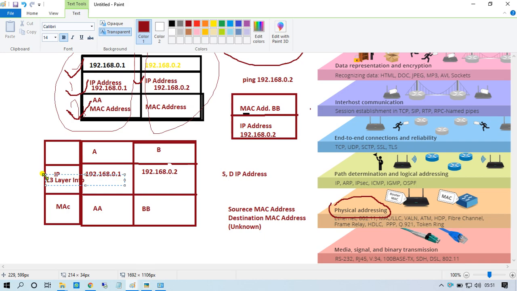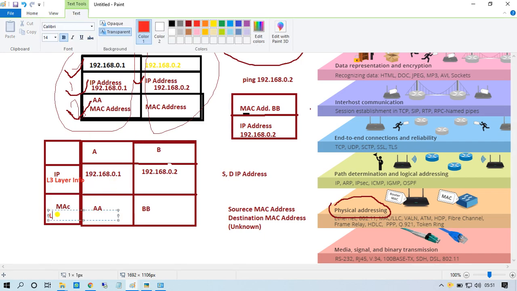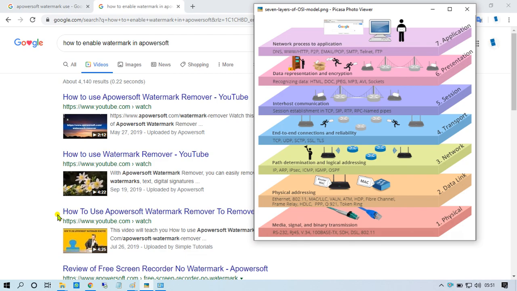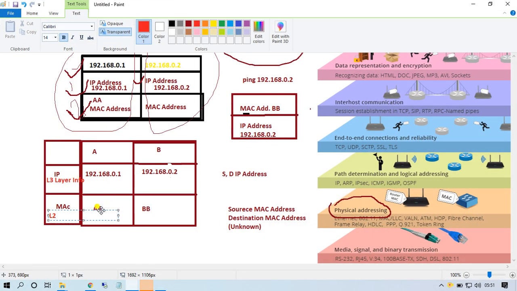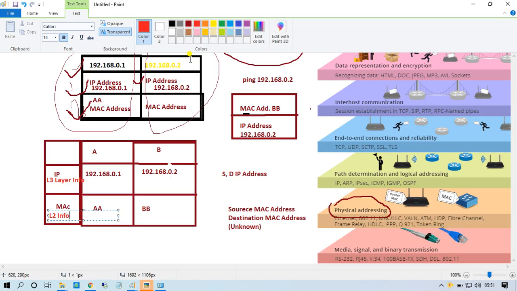So let me do one thing. L3 information, and what it needs second, L2 information. Let me remove it. Okay.